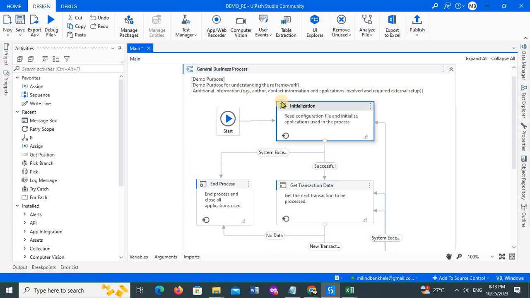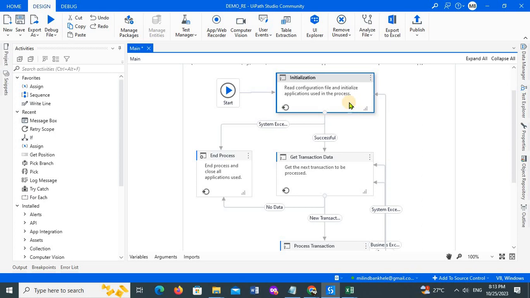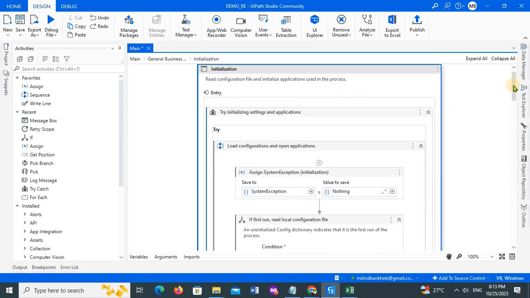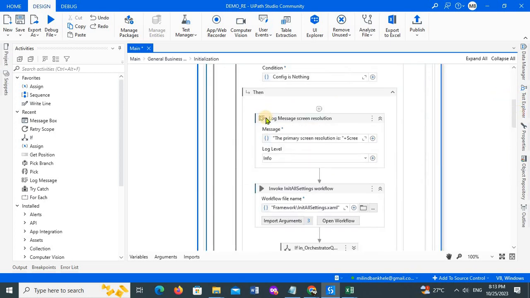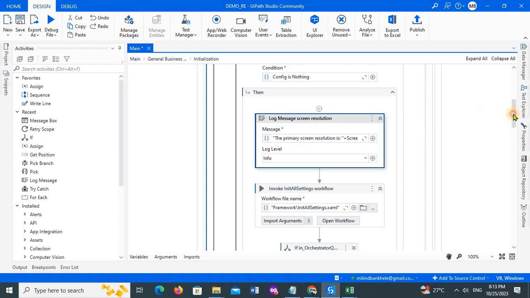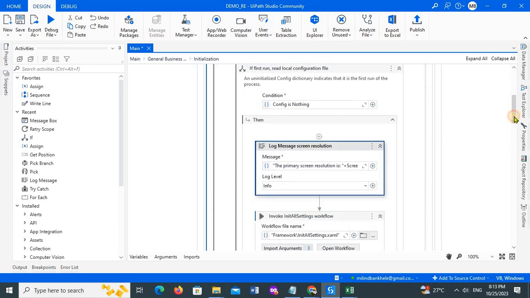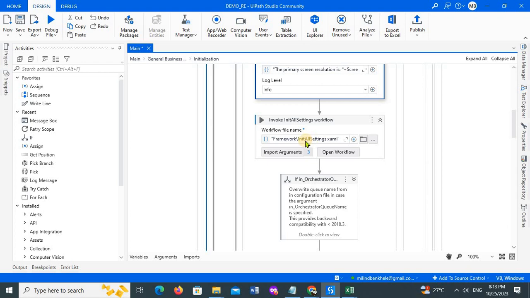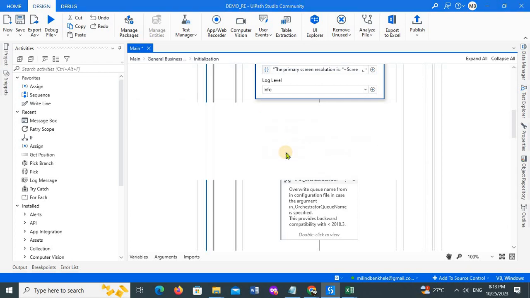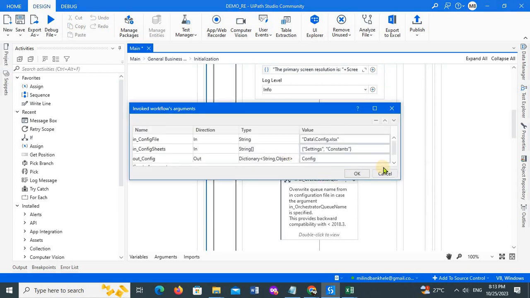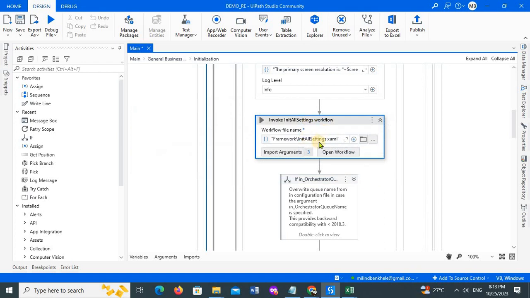Now state, what do you mean by this state? If I open this state machine, you will see they have some logic, or they have mentioned some code here. If you see init all applications, that means we have some other files also available here, init all settings. Again, if I open this,